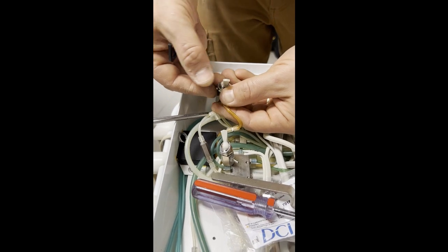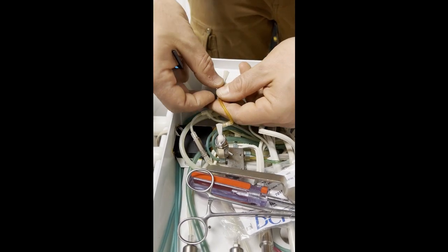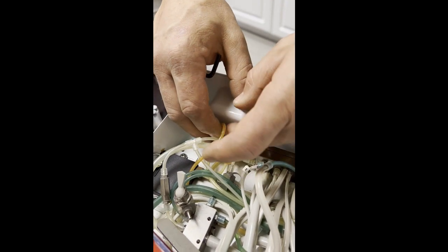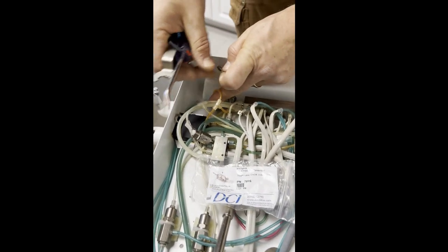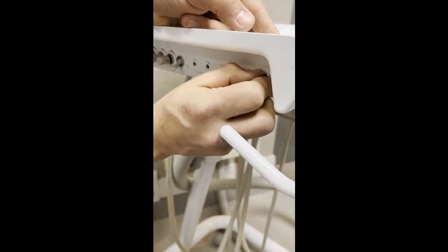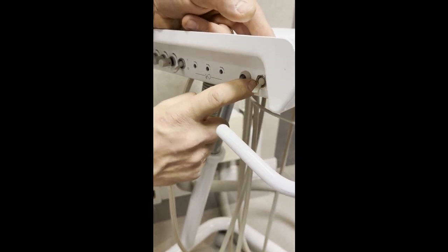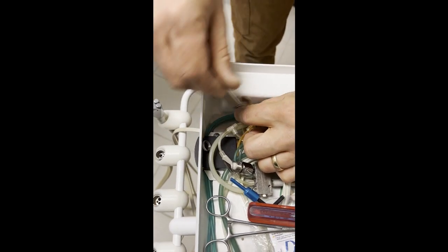And so now when we turn it on, off, everything is in the correct position. So that's on, that's off. So we're gonna guide it into the hole. And then there was a nut that came with it. And so I'm gonna take the nut over here and I'm gonna thread the nut on. Okay, like so. And I'm gonna just turn it until it covers the end of the threads. And then we'll come back on the inside and we'll utilize the panel wrench to go ahead and tighten